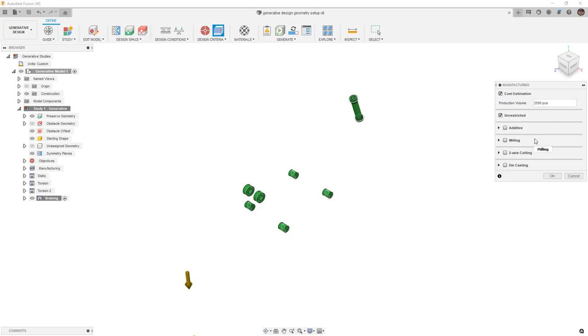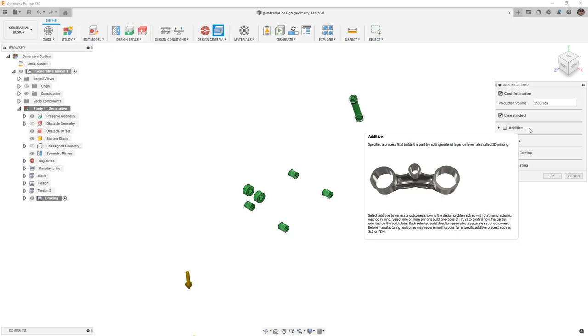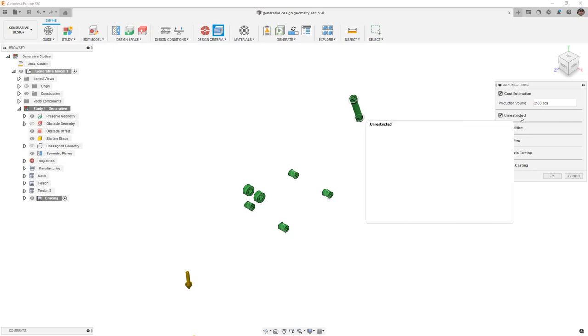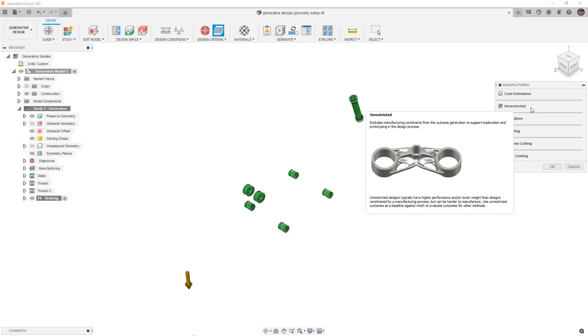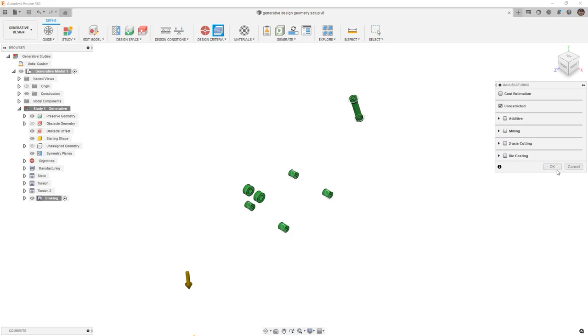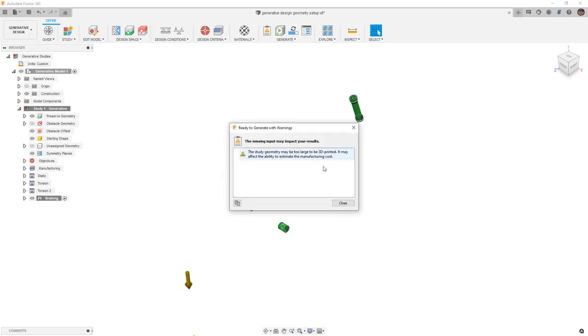Having said that, there is nothing that is excluding or restricting us from selecting some of these methods with the exception of two-axis cutting. We could include milling in five axis and we could include additive, but it would just increase the amount of time it takes to calculate our parts. And because we ended up just using unrestricted, I'm going to deselect cost estimation as it's really not going to be an effective metric for us because we're not looking or worrying about manufacturing methods at this point in the design. So once we select OK, let's take a look at our pre-check